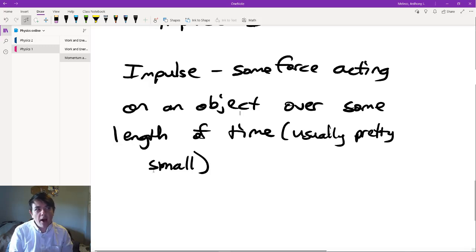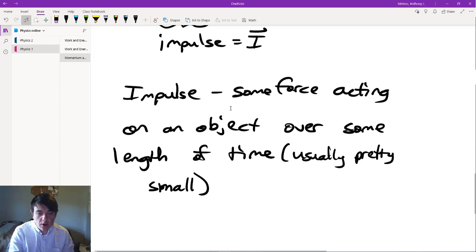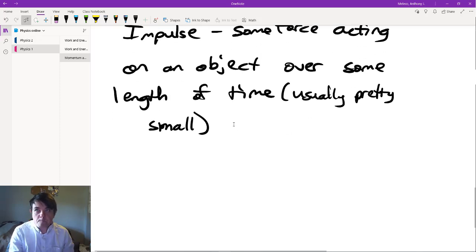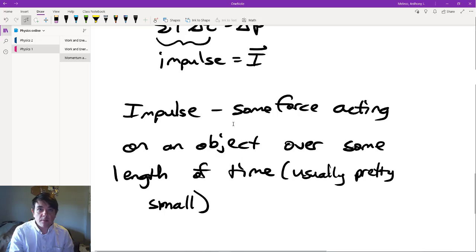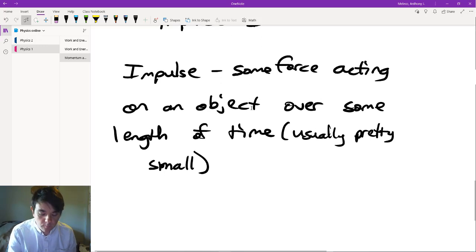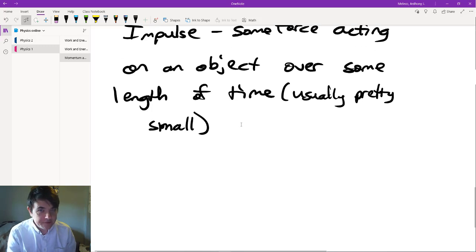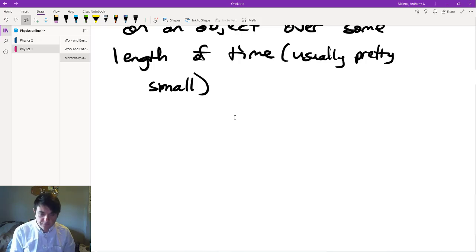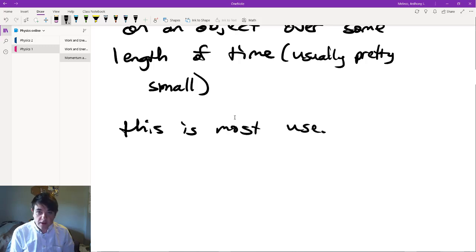And if you think about it, how you apply the force matters. It's not just the direction, it's the duration. Okay? And so impulse helps us talk about those types of problems. But more than that, impulse helps us solve problems that are literally impossible to do otherwise or very, very difficult. So this is most useful, I would say,